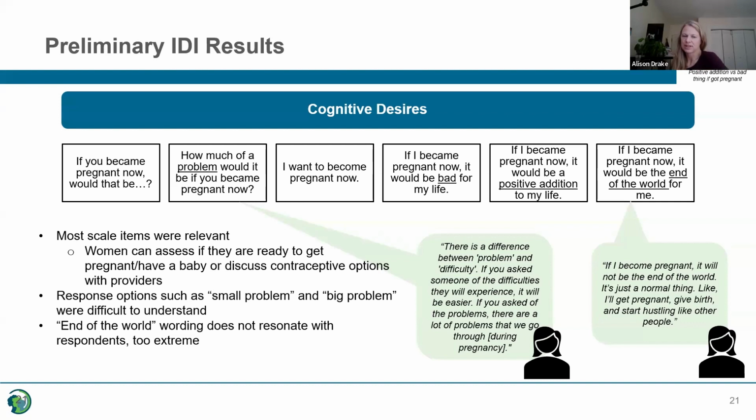I think there's a couple things with this project that are illuminating beyond just the fertility desires. One of them is the process to go through this. We started with the panel that we initially vetted this with, and granted, we were looking at a lot of questions initially. This is a pared down list from the initial version, trying to get more general feedback. But some of these things are coming out so clearly in the interviews, and we also probed with a lot of East Africans and Kenyans specifically, and those weren't flagged as bad at the time. So I think it highlights that the process works to have multiple steps. The expert panel isn't sufficient. You still have to test it.